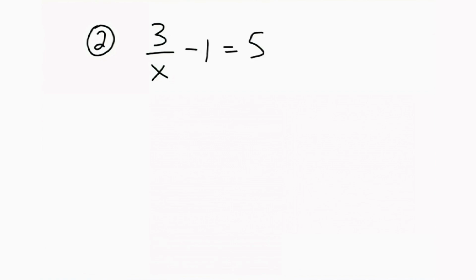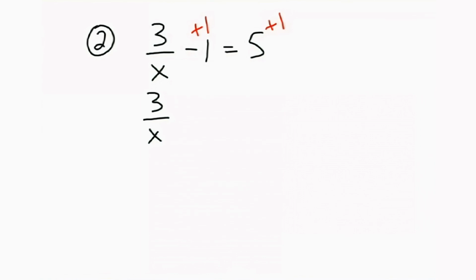Now, what about something like this when the variable is in the denominator of a fraction? So let's look at a simple one like 3 divided by x minus 1 is equal to 5. Well, we've got to do the same thing. We notice here that we have fractions, so the first thing we should do is get rid of our negative 1. And so we add 1 to both sides, and our equation now becomes 3 divided by x